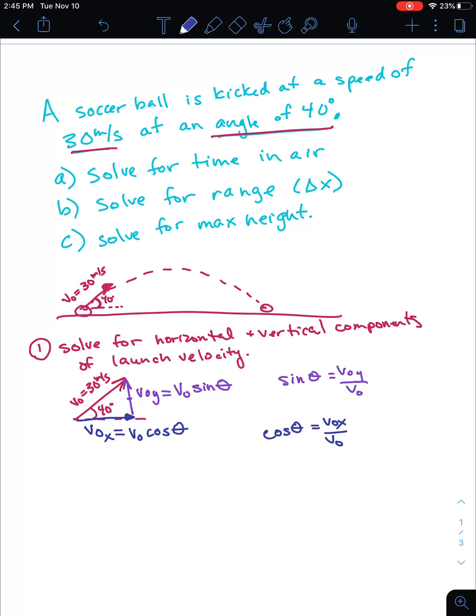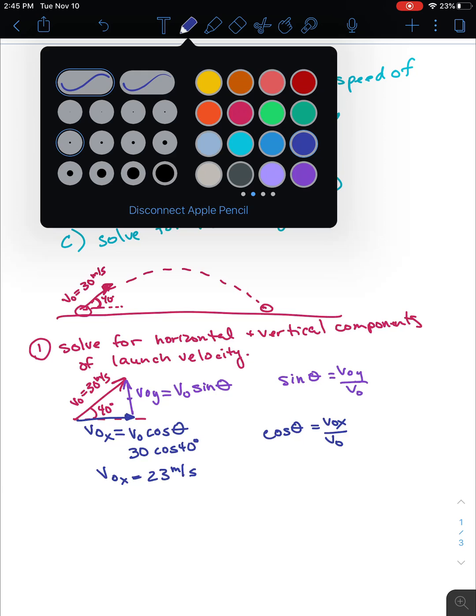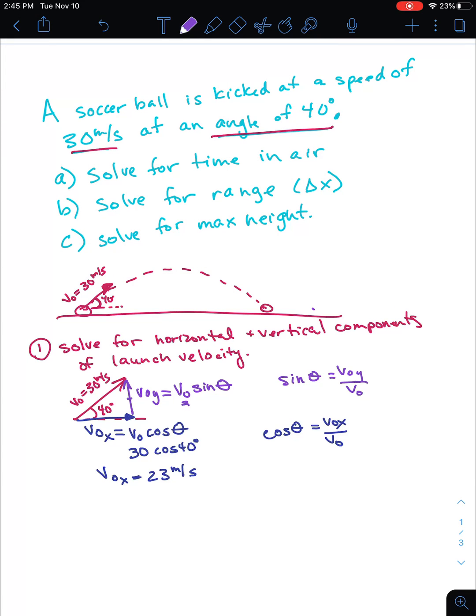So now that we have written our equations to solve for our starting x and our starting y velocity, let's use them. The starting x velocity is going to be solved for using 30 meters per second times the cosine of 40 degrees. I'll make sure my calculator is in degree mode, and I will type in 30 times the cosine of 40 and get 23 meters per second. And let's solve for that y velocity by plugging in 30 sine of 40 to solve for my v0y. And 30 times the sine of 40 is 19.3